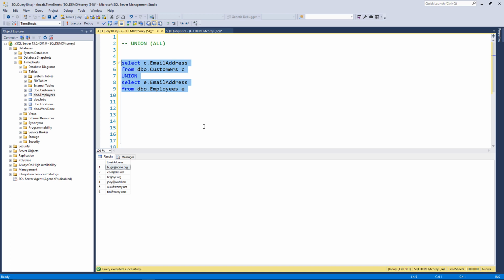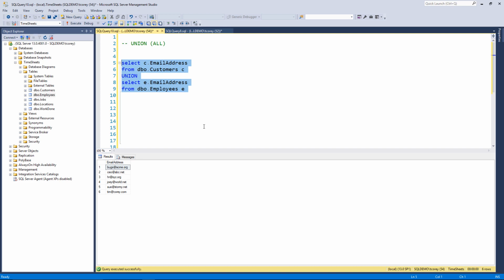Now, in the real world, when are you going to use this union versus union all? The answer is not that often. But keep it in the back of your mind that you can do this. Maybe write down a cheat sheet somewhere. For years, I had a cheat sheet along with me that would have all these different commands. Not necessarily descriptions and all the rest. I just had a list of commands because then if I saw it, I'd go, oh yeah, I could do it that way. So if I'm stuck on a query somewhere, I'd read through my list of commands and go, you know what? A union all might help here, or whatever. And so I would say put this in your list